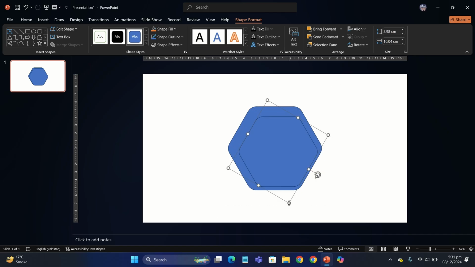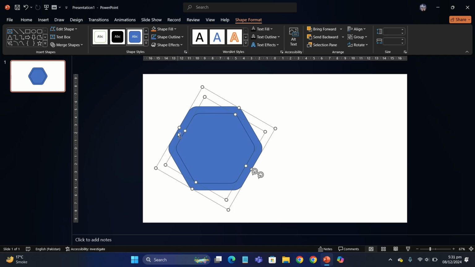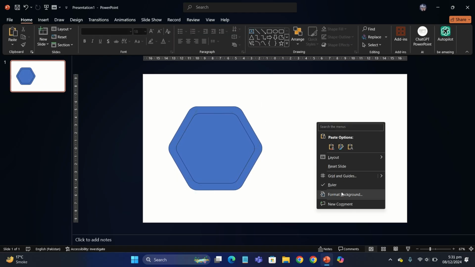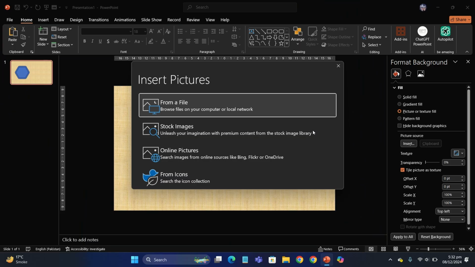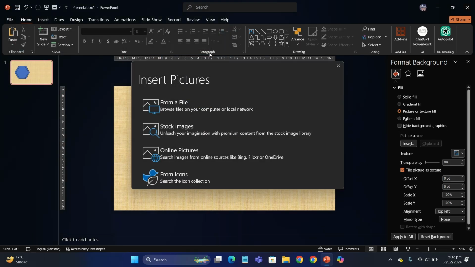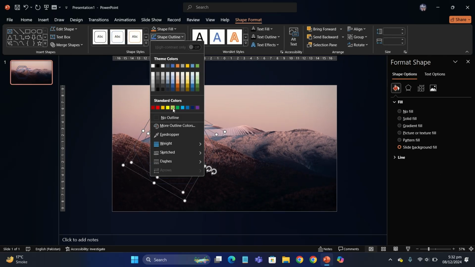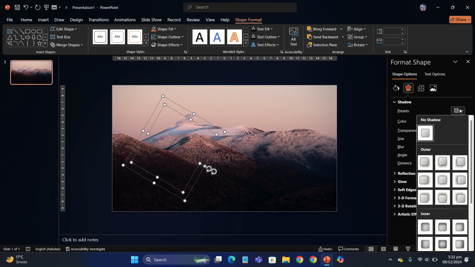And then you're gonna unite them and then duplicate them and decrease one of their sizes. And you're gonna put them right here like this into the middle of the template. Go to format background and go to picture or texture fill and then insert an image of high resolution into the background. And the next step you have to do is give the shape slide background fill and give them